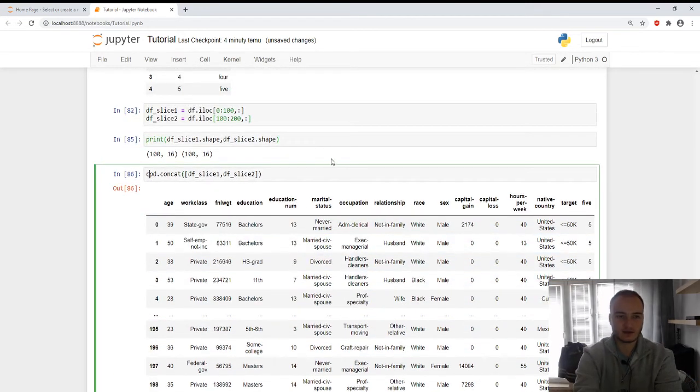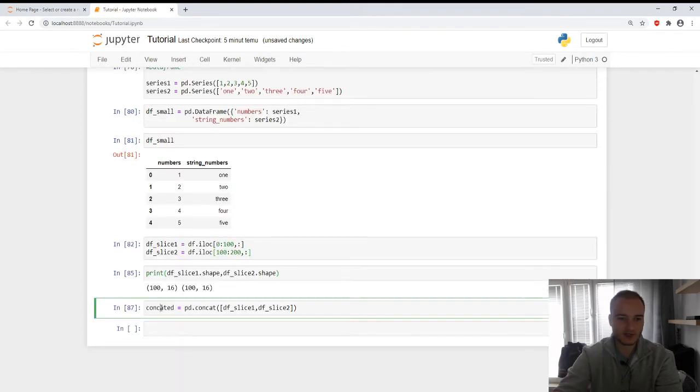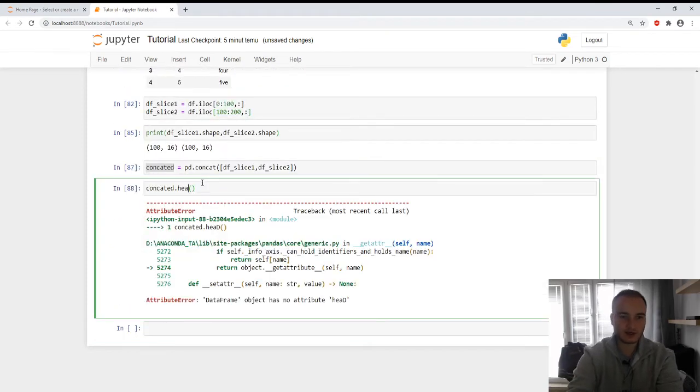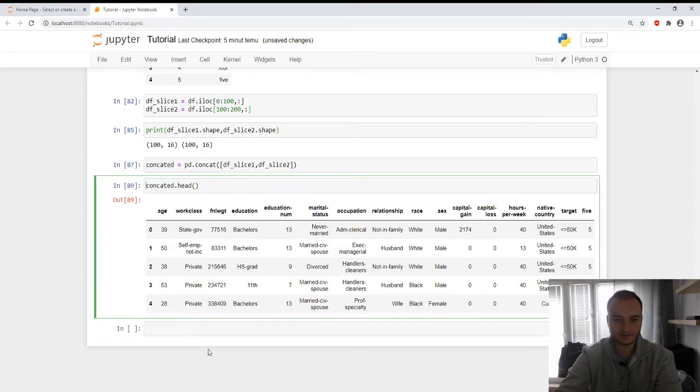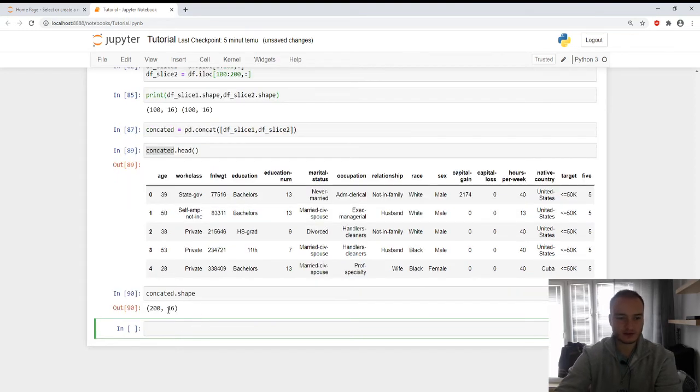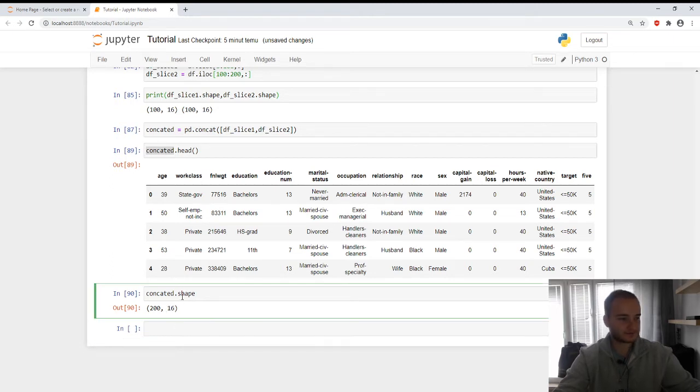We can call it concated, for example. So this is how to concatenate two data frames and how concatenation works. Now, if you call shape on this, as you saw, 200 observations and 16 columns. Okay. Moving forward, I will show you how to join